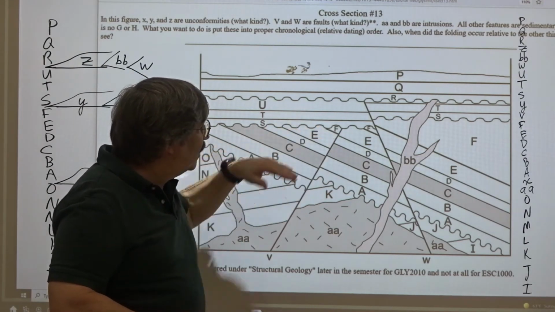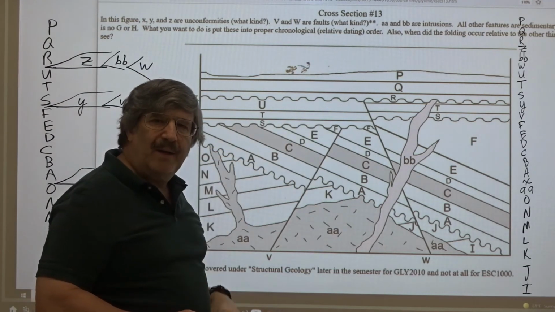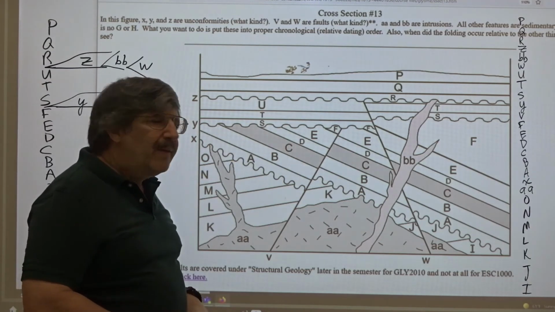This tilting episode must have occurred before the formation of that unconformity for the same reason. And so we can figure out when the tilting has occurred. The last thing I want to do,